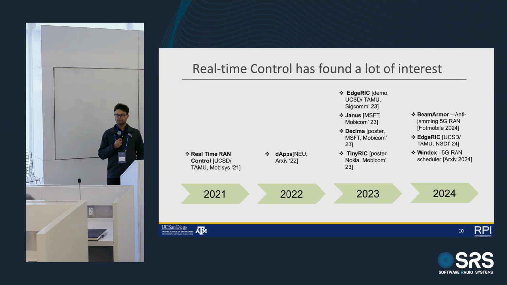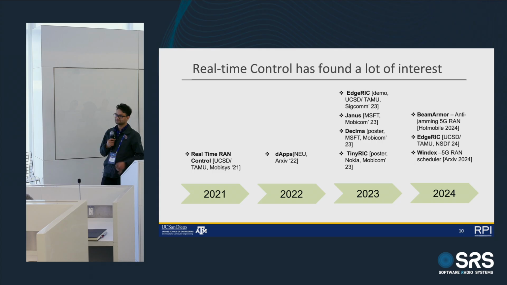So Edge RIC closes the gap. It provides an ORAN compliant architecture which can provide a control loop with the RAN. So with tightly integrating with Janus, what we are hoping is that we will have the capability of streaming a large amount of data that Janus provides and connected with the closed loop or control loop that Edge RIC has, and that together will become a unified framework where you can have a large amount of data from the RAN to the controller, and then the controller will have the AI/ML policy that will provide a control loop back to the RAN to upgrade your RAN based on the policy.